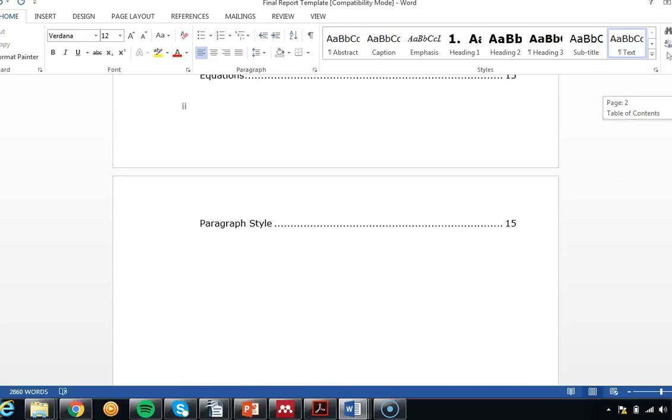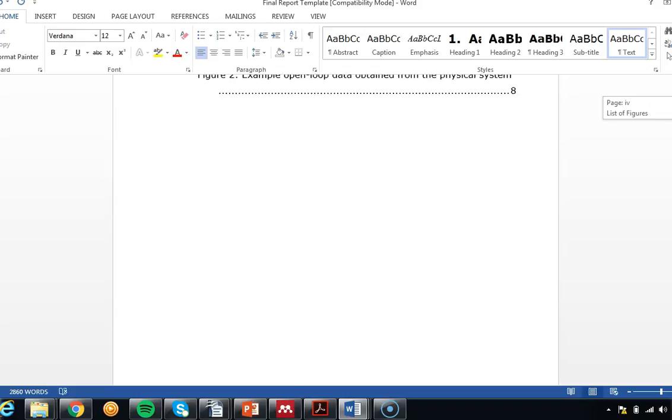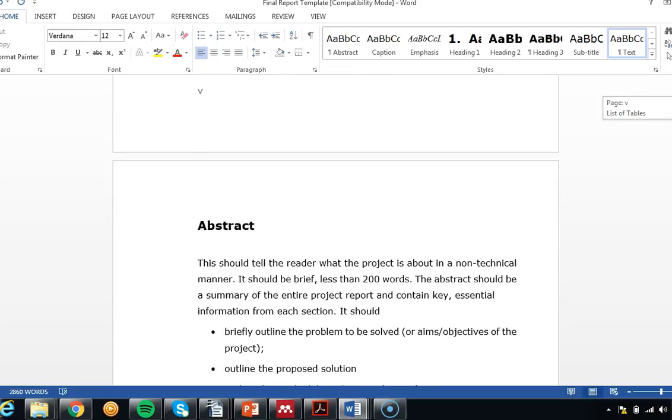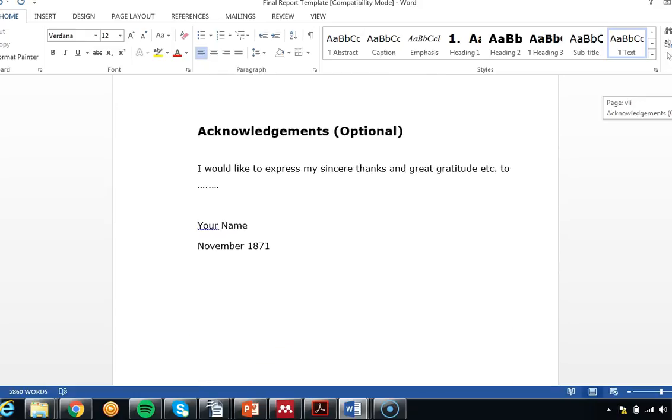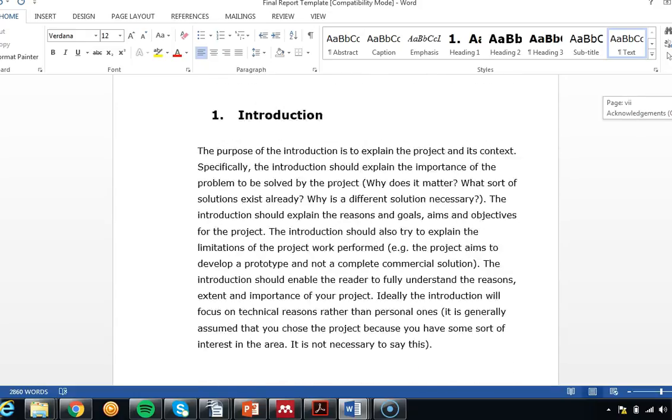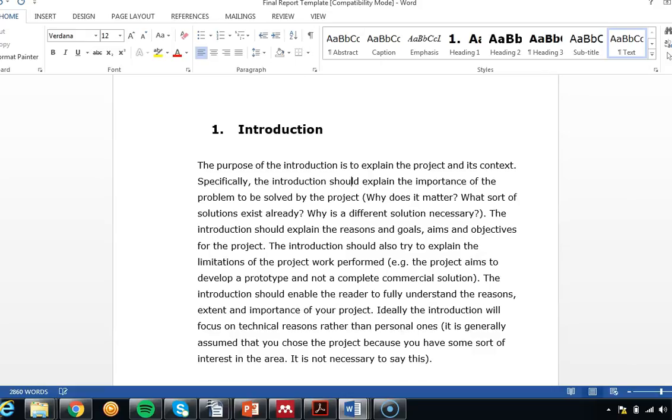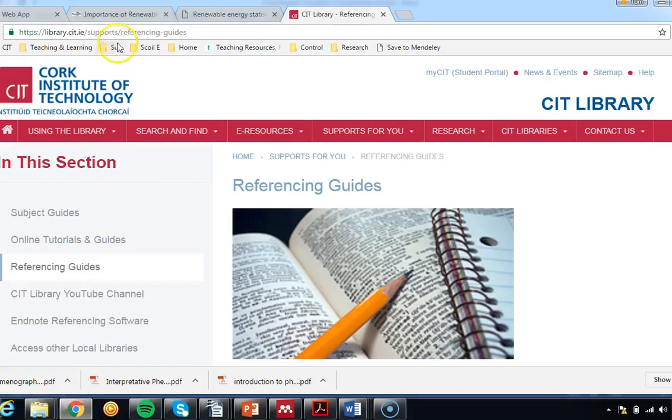You have a table of contents which you'd normally update at the end, a list of figures which you'd normally update at the end, and likewise a list of tables. An abstract is usually the last thing that you'd write. You may have acknowledgements there, and we're here, as I said, at my introduction, and I want to start writing my introduction. So I go to